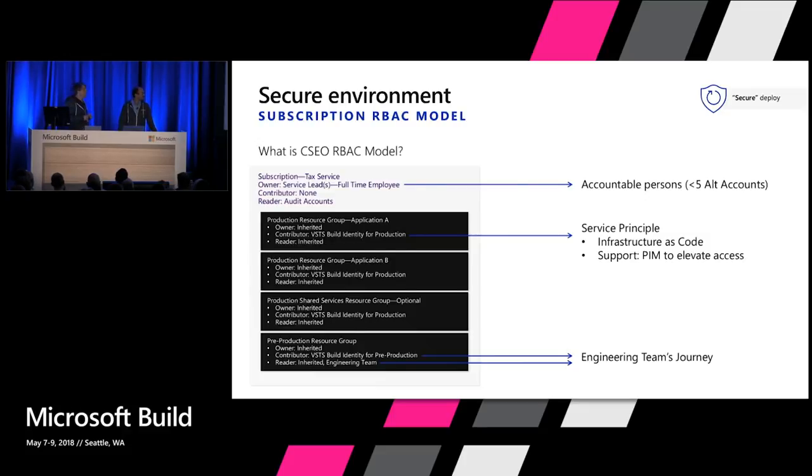And then from a deployment standpoint, we're moving the whole engineering force towards infrastructure as code, which really means that I can use things like an SPN to deploy my code. I don't want a user to actually deploy the code. I want the deployment to go through the build and go through the security checks, right? So the concept is that if code changes in production, it goes through a deployment.